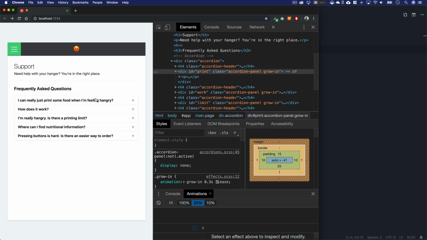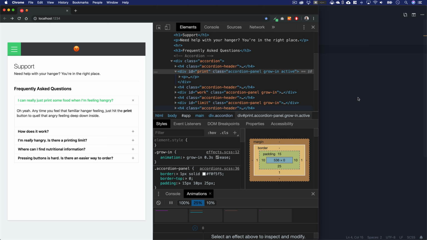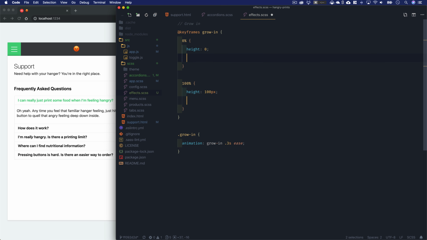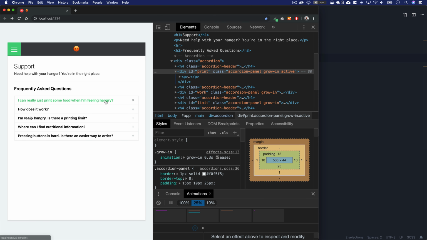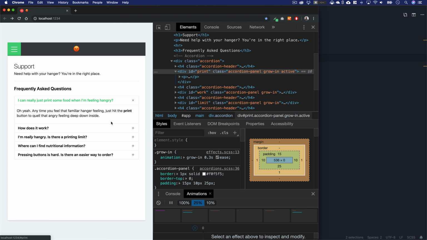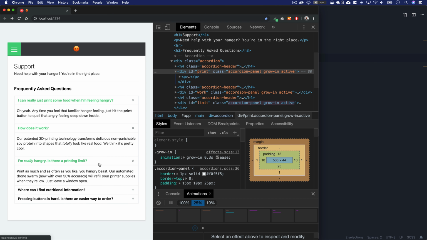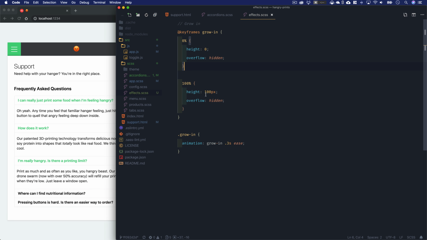So you'll see here, it animates, but first of all, you have this idea of overflow. So I would have to go back in and on each of these add overflow hidden. But then even when you do that, you can see here, what it's doing is it's animating the height to 100 pixels, but then it just flips back to its normal,